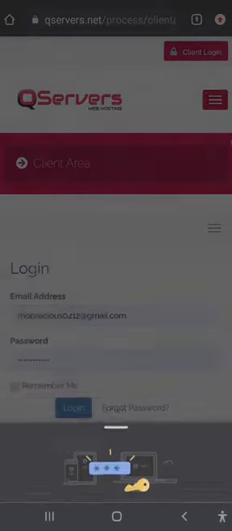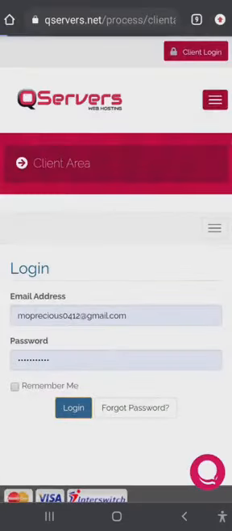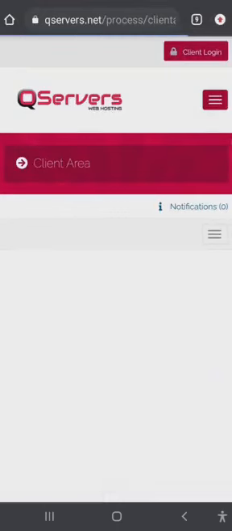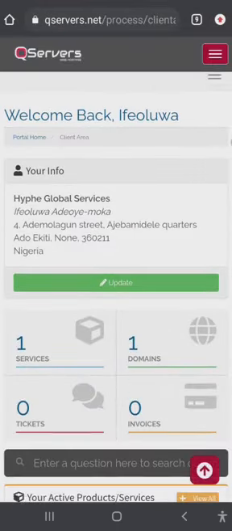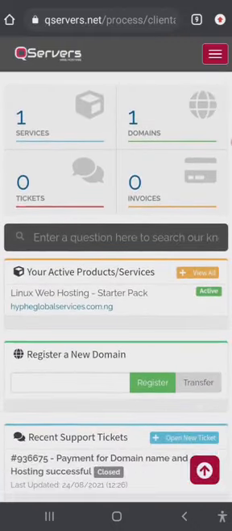Now this is the mail, and this is the password for the cPanel that we want to work on. As you can see now, welcome back Ifeoluwa. You can decide to change your browser to desktop mode, but I will be using this mobile mode. Now you just have to go to this area, where you can see active and the domain name. Just click on your domain name,